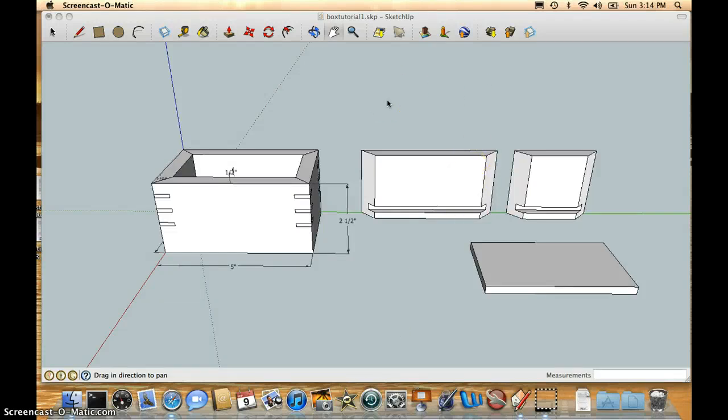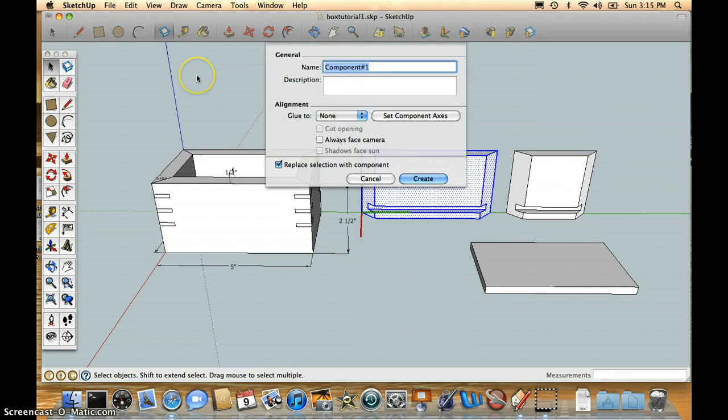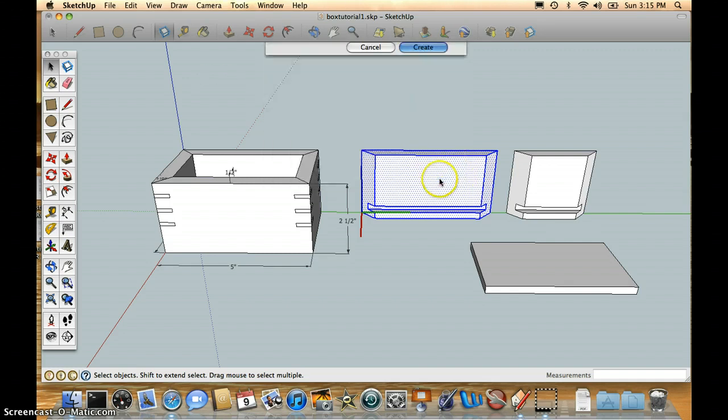Okay, here we are where we left off in the earlier part of this tutorial. I've erased the guidelines to make it a little more clear what's going on. And the next thing that we need to do is to turn each of these pieces into a component. So if I take my select tool and draw a rectangle around that first side, I can make a component and name it long side, create,